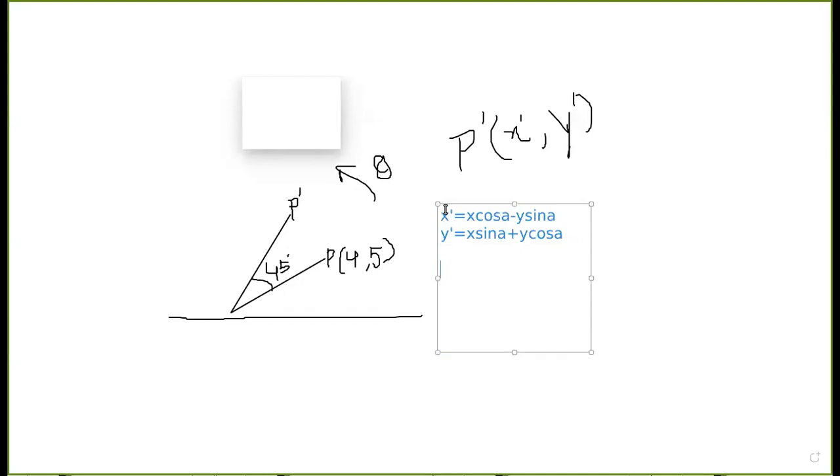You can also write in matrix format. How will you write it in matrix format? Simply you can find this through this equation easily. Use this formula and tell me what is the value of x dash and y dash. Quick, do it, calculate and give me the result. It's very easy.